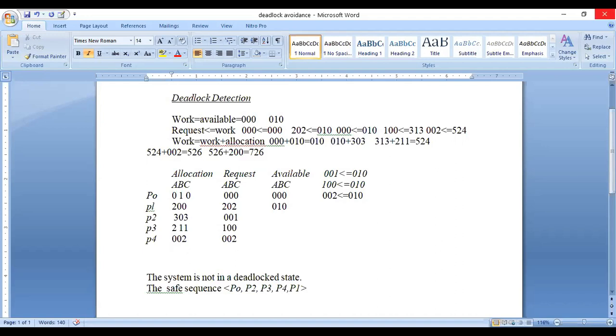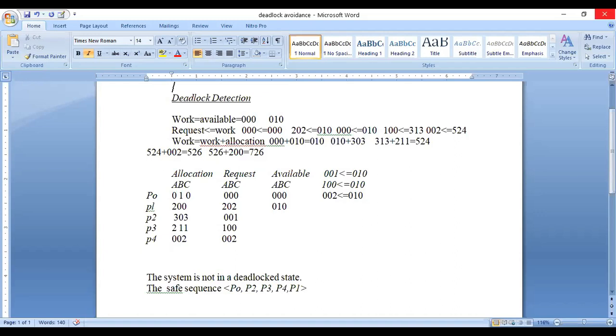There are two approaches to recovering from the deadlock. One is the optimistic approach. The second one is the pessimistic approach. By these two ways we can recover from deadlocks. The first one, recovery from deadlock, has two possibilities.